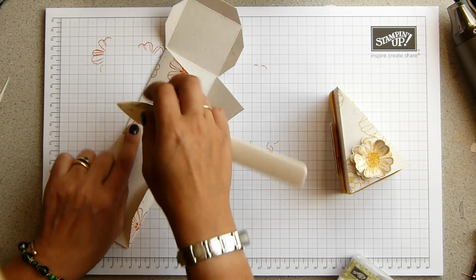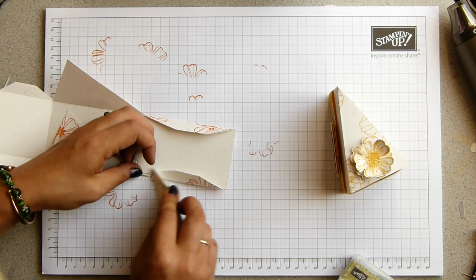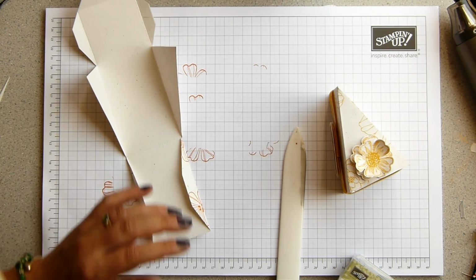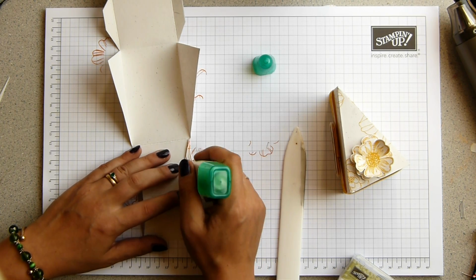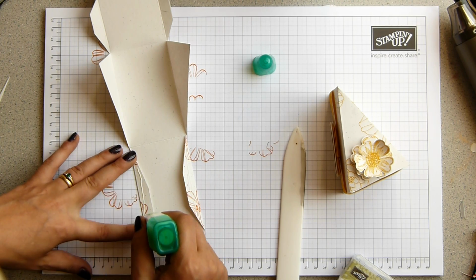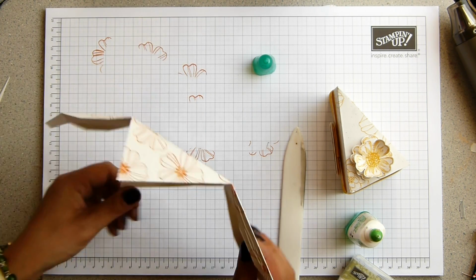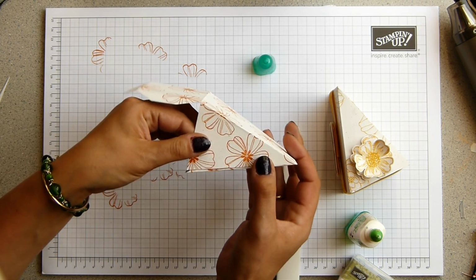So do those. Right, and now for some gluing. Definitely use a liquid glue, use your Tombow, because you know you're not likely to get this perfectly lined up the first time, and actually I hopefully will be able to show you when you first close it you think, oh my goodness, it doesn't meet,